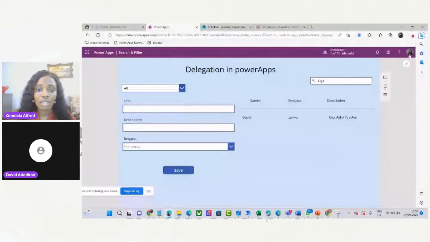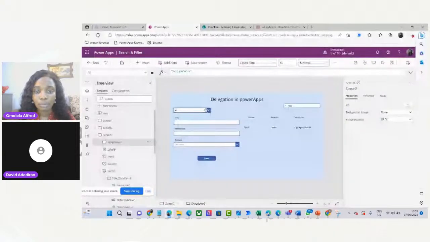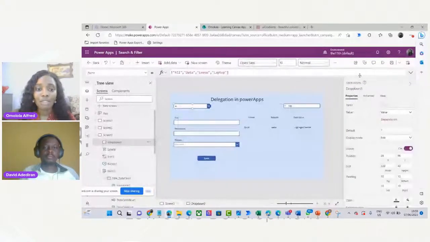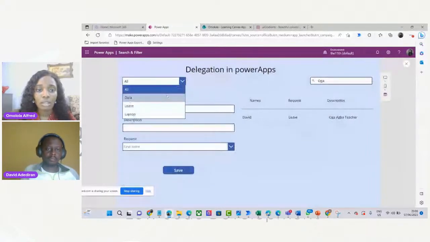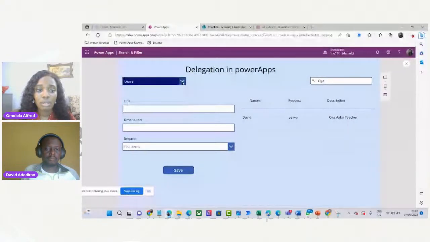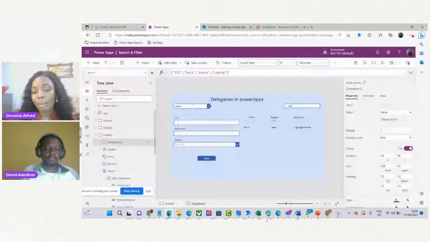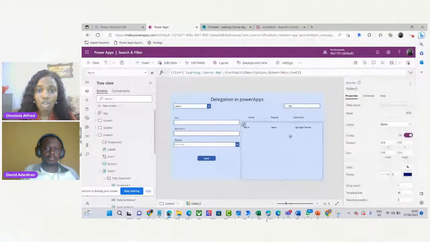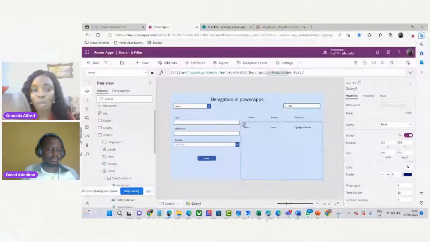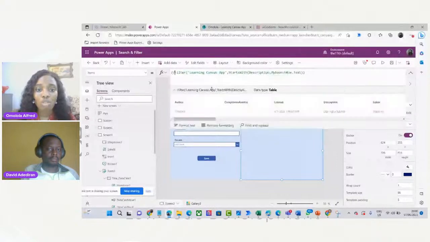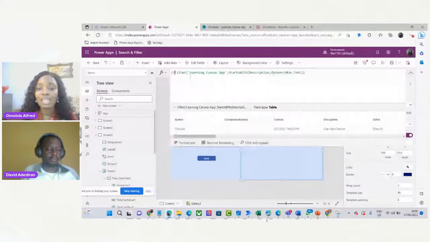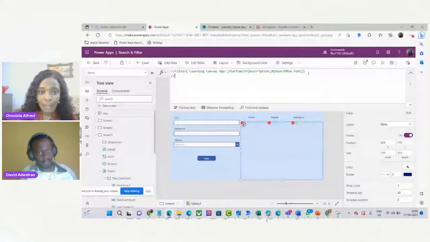So let's bring this up here. Okay. So we have all of this here: all, data, leave, and laptop. So what we want to do, remember, we want to be able to filter this guy. So I'm going to use the single line of commenting, right? Another thing that you can actually use comment to do is to speak to your data. So if I have so many lines, I can just come down, comment again, and say,